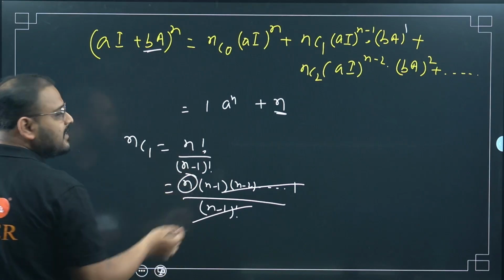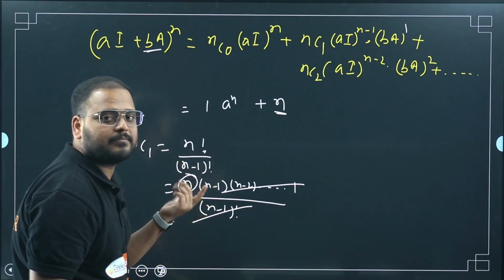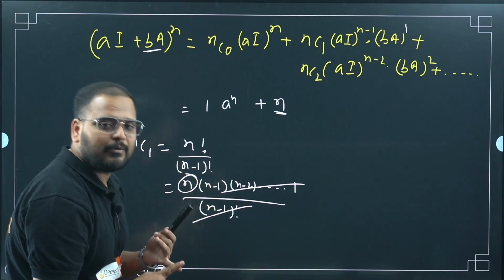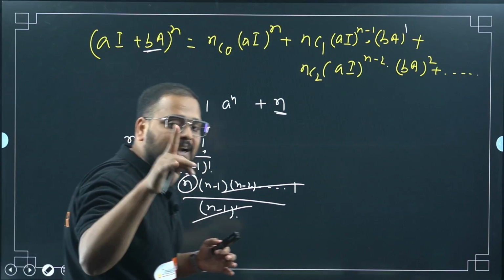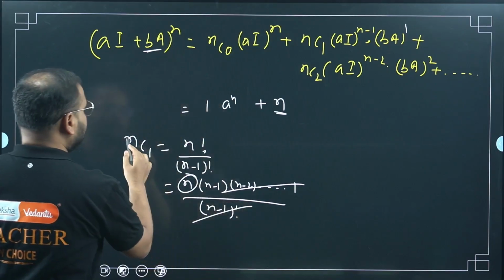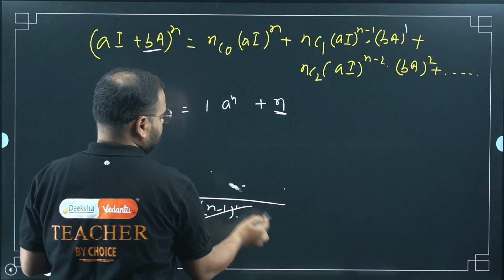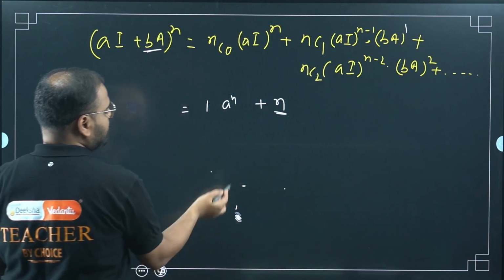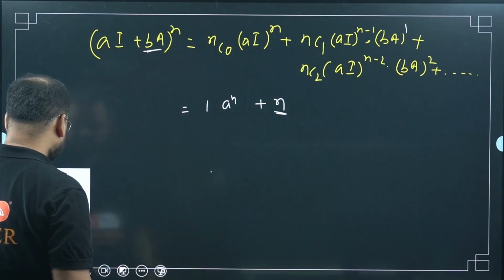Basically, if you want to understand it, how many ways can you pick one item out of n items? So n ways. You can pick item 1, then 2, 3 like this. So that's how it is n. Otherwise, you can use the combination formula to see it as well. I told you this question uses multiple chapters' concepts.